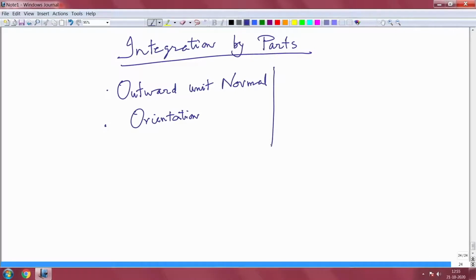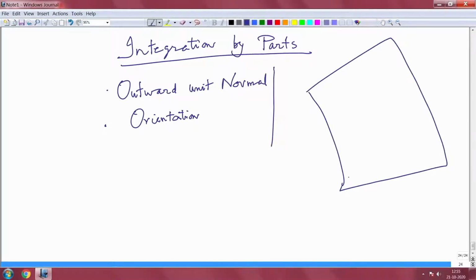But for the outward unit normal I want to tell you something. So, you have a surface. Why I am telling this is that these are the things you should get familiarized with if you want to study PDE and of course even other subjects. So, if it is a hypersurface, a surface in Rn or R3 if you want to be familiar,